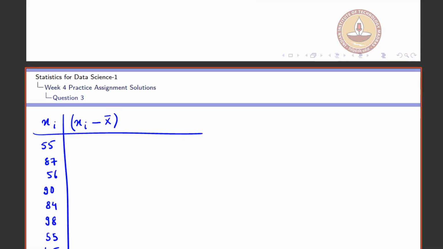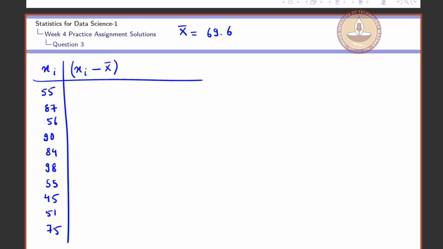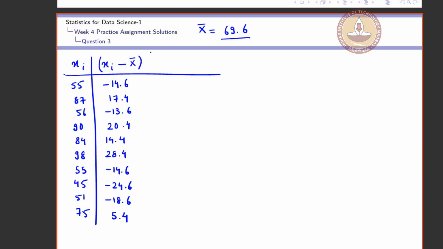So x bar was 69.6. Now we will subtract all those xi from 69.6. Now we need to find the square deviation, that is xi minus x bar whole square. So this is minus 14.6 whole square, which is